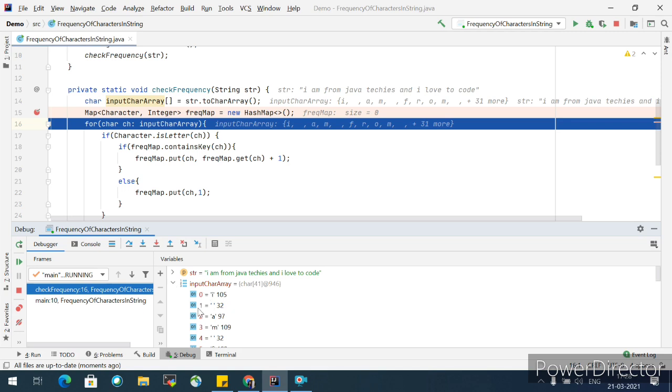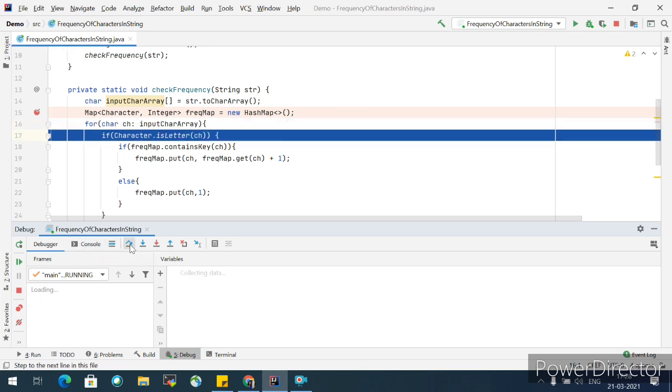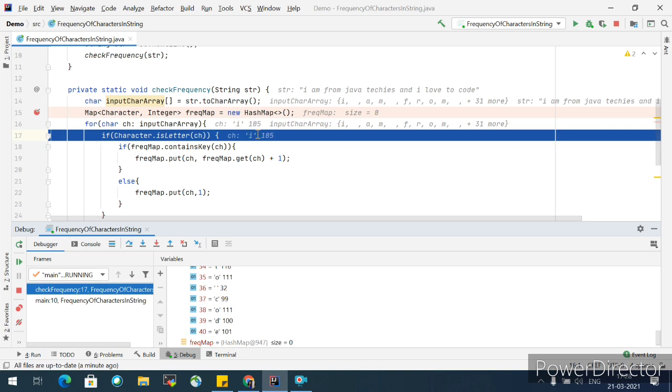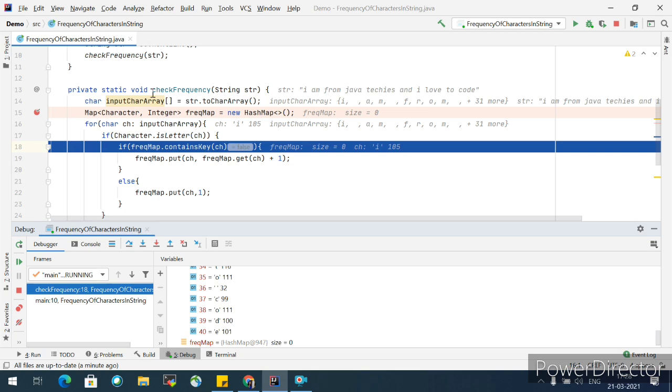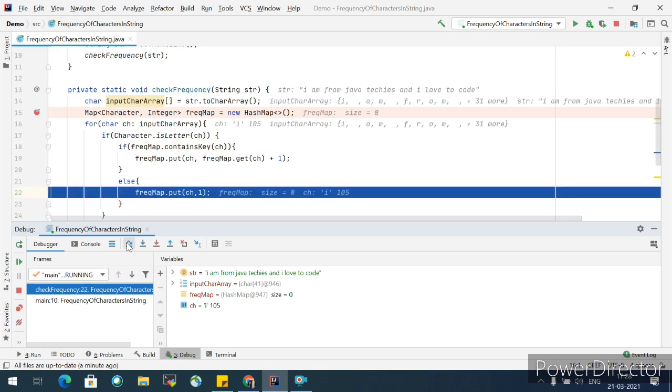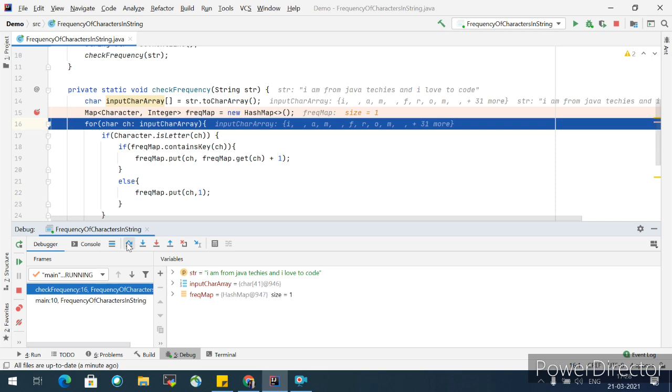On the first place it is a space, then it's the rest of whatever input I provided, the entire thing is there. I have a total of 40 characters in my string. Let's go over them one by one. The first character is I. As I mentioned, it will not be in the map initially, so it will land in the else block, and the initial count was updated as 1.